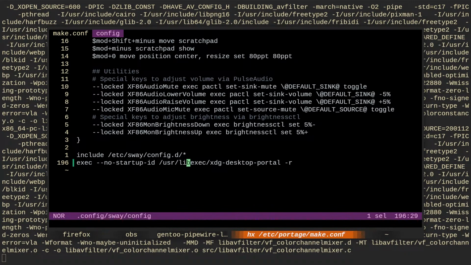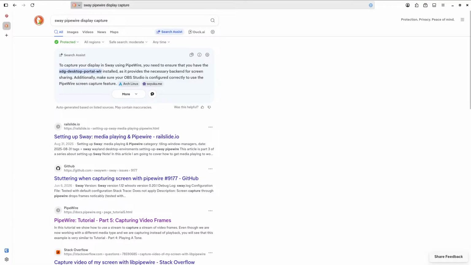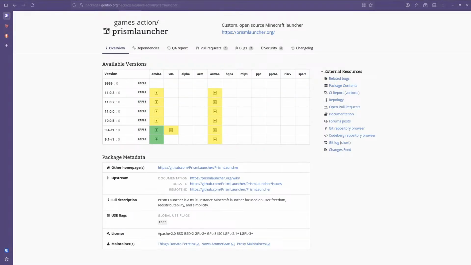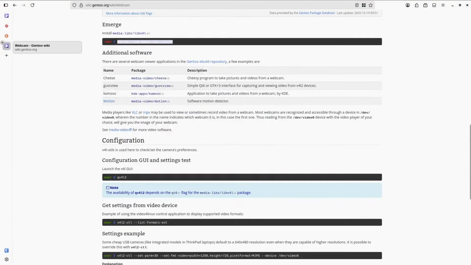So yeah, XDG portal. I have the portal running. I don't know if it works. I might have skipped one section of the handbook. Okay, so this goes here. Wait, that didn't work. This goes here. This goes here. Webcam section. That's where Video4Linux comes in. And yeah, I honestly don't know why Video4Linux doesn't work in OBS.